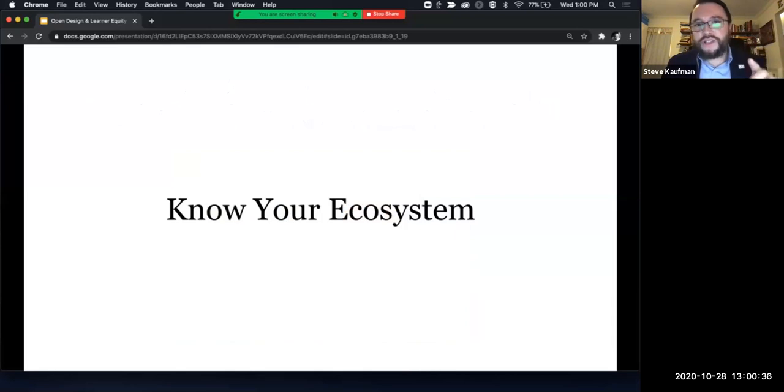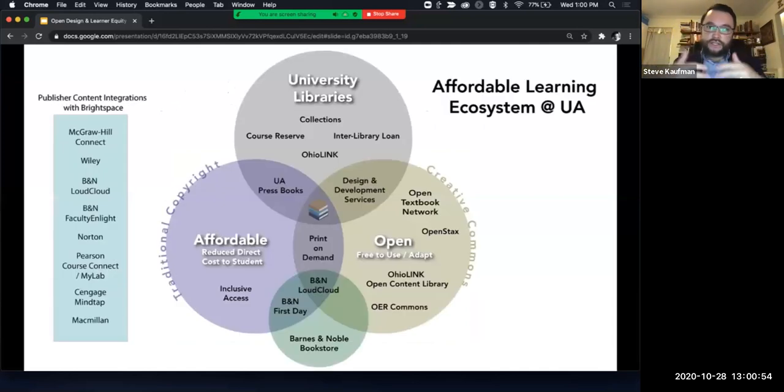So part of this is knowing your ecosystem. Who can you reach out to on your campus to help you with this theory that we want to redesign our courses to ensure a high level of quality assurance and maybe possibly look at open resources? I charted it out the other day at my university. So we have our library, right? So I got my little Venn diagram here, and they manage collections, they subscribe to databases, things that they already pay for. And guess what?